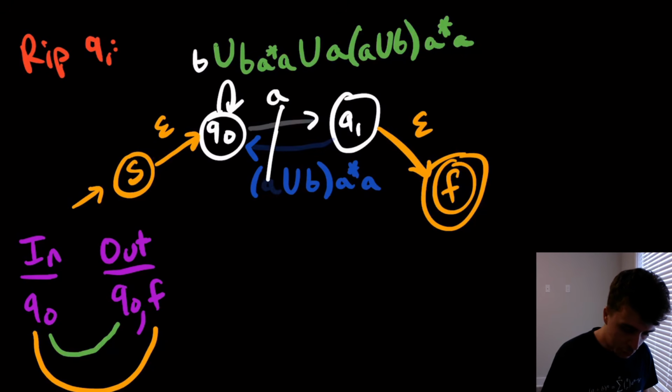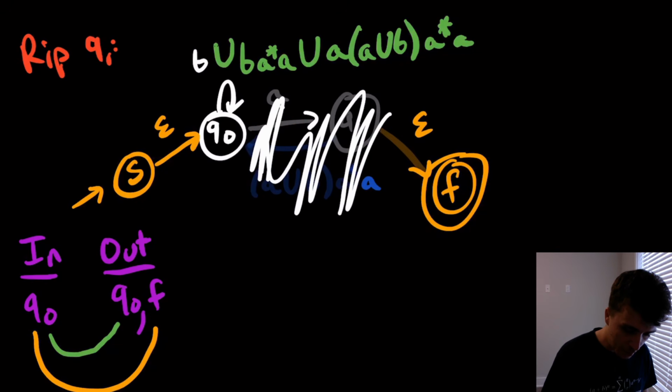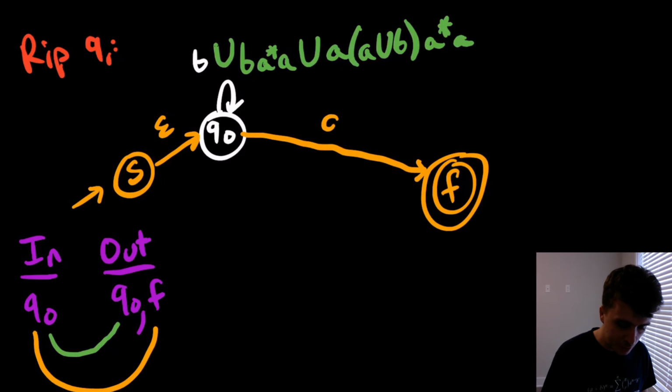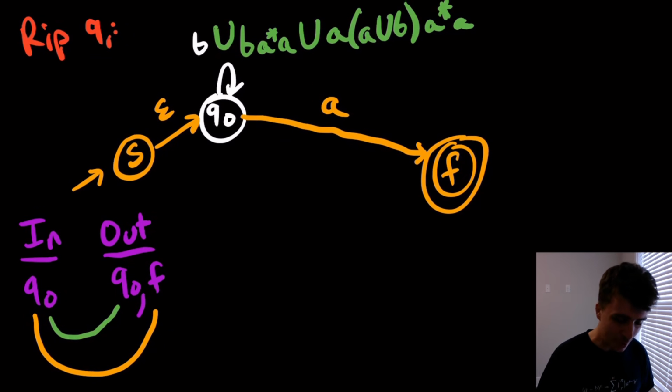So in totality, we can actually get rid of this and have just a really long transition with just A on it. It's funny how this really tiny transition has a long name on it, and this long transition has a little name on it, but either way. So now we can actually